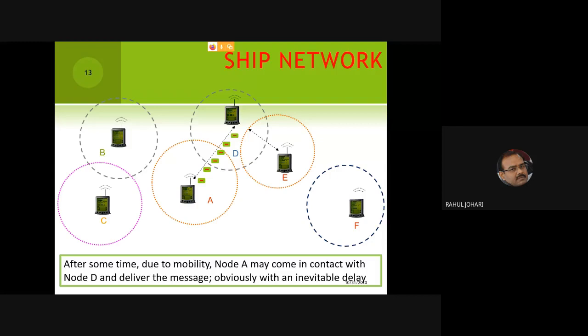Just like we all use WhatsApp. In our so-called WhatsApp groups, certain users are very passive in nature. They're very lazy in forwarding the messages, and there are certain users who are very quick. The moment they receive a message, even if they have not read it, they will forward it to 10 or 5 of them, because there is a limitation. We can't forward it to everyone. So people who are very active in the social network are good carriers of the message, because they help in the quick transmission and delivery of the messages. And there are certain people who are very lazy. They will not transmit the message. So we do not prefer these kinds of subscribers or users in the social network.